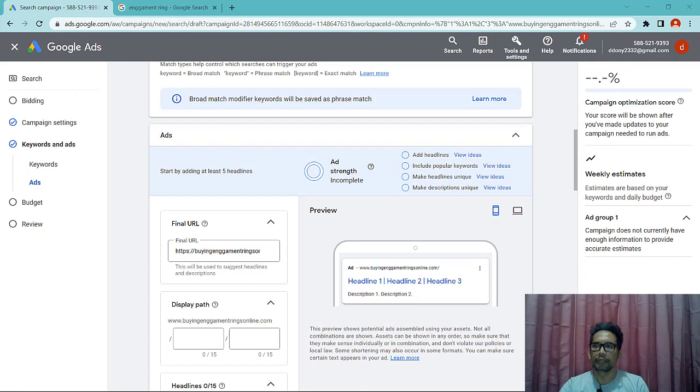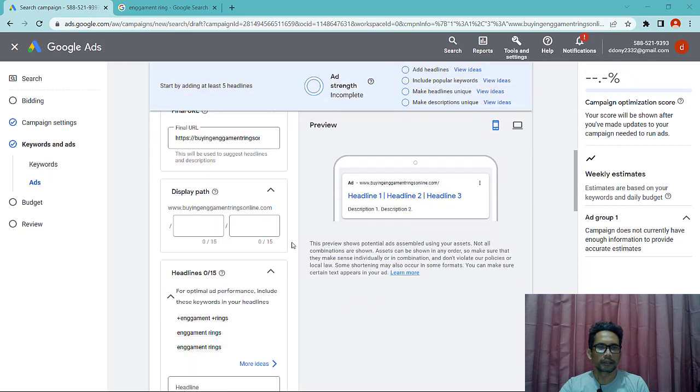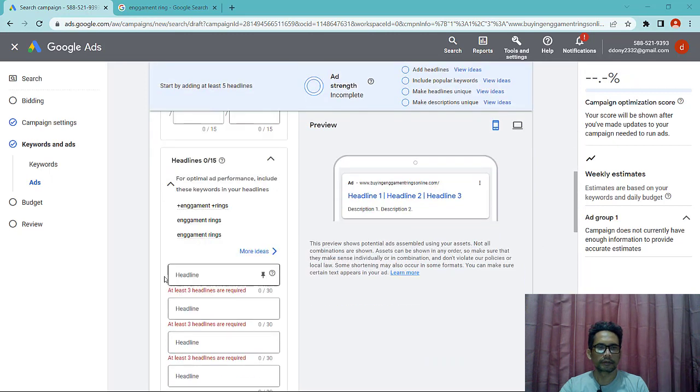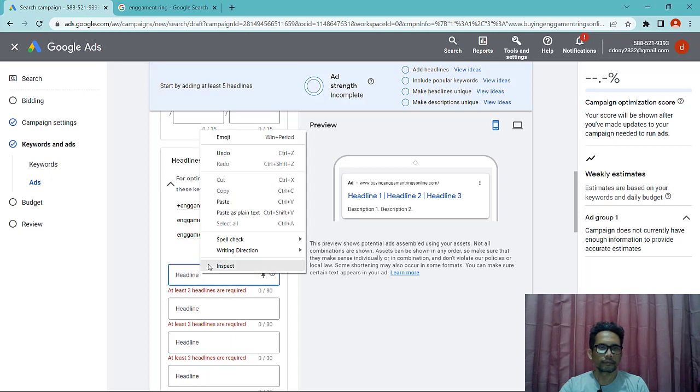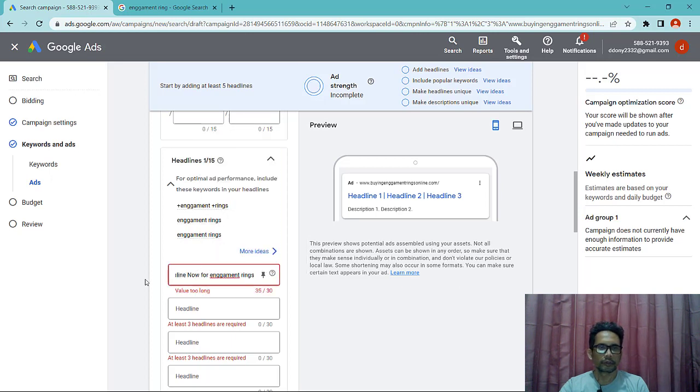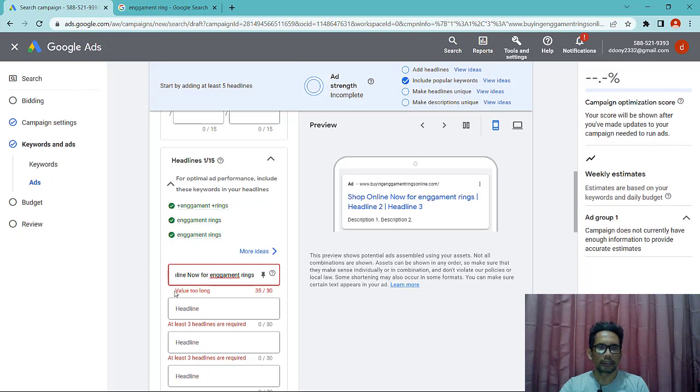Now it's time to get creative. Write your headlines and descriptions. The more headlines and descriptions that you provide, like here, you can see value is too long.